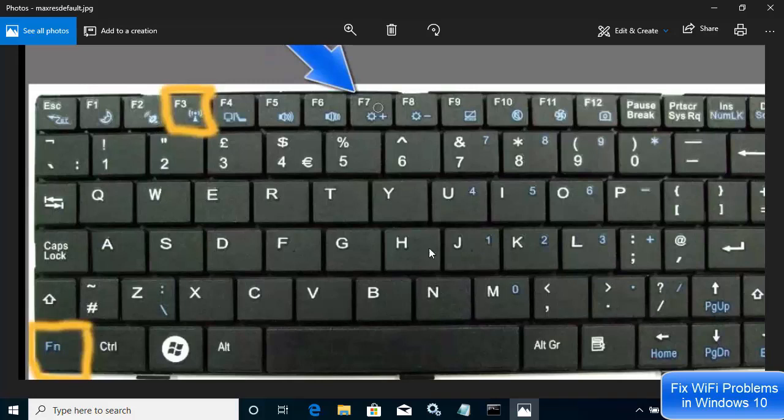For example, on this keyboard which I have, you have to press function and then press F3. You can see this Wi-Fi icon here in order to enable the Wi-Fi, right? So search for this option on your keyboard and try to enable the Wi-Fi on your Windows operating system, and then see if the problem is solved or not.